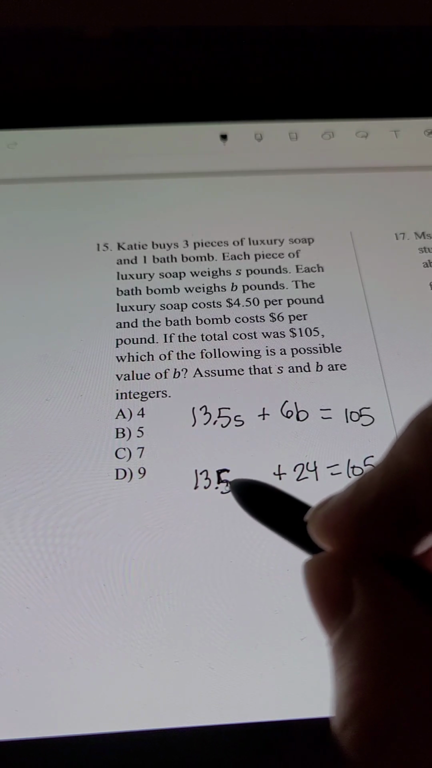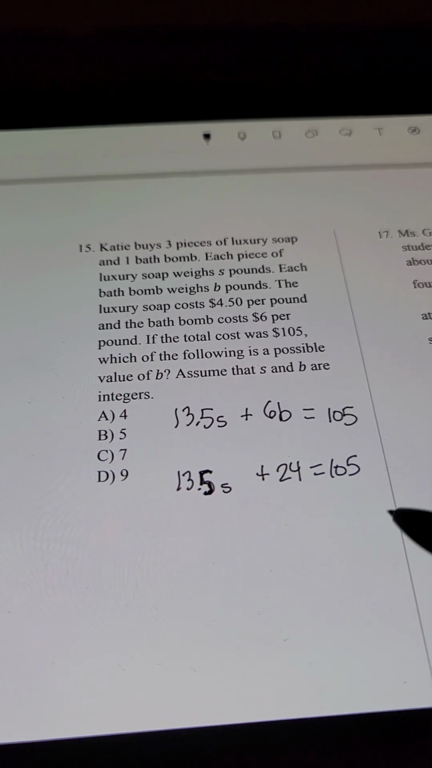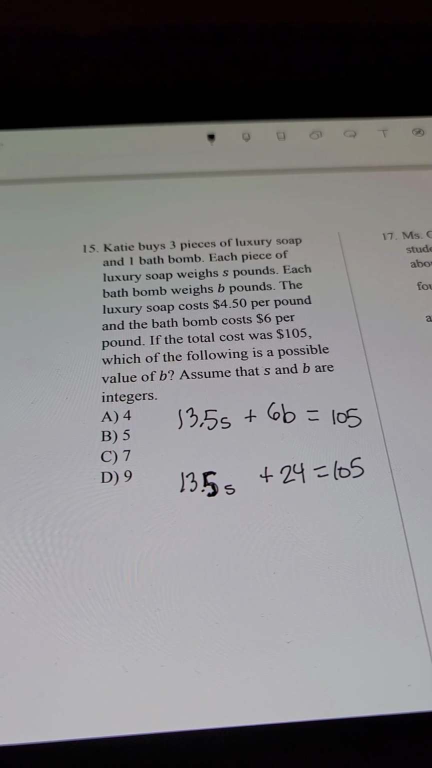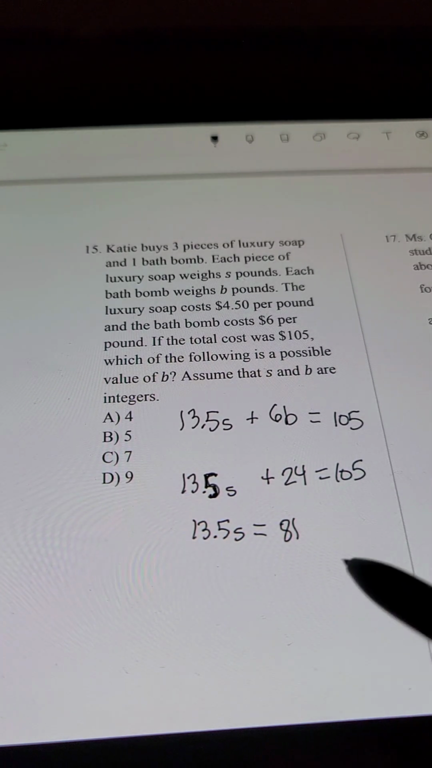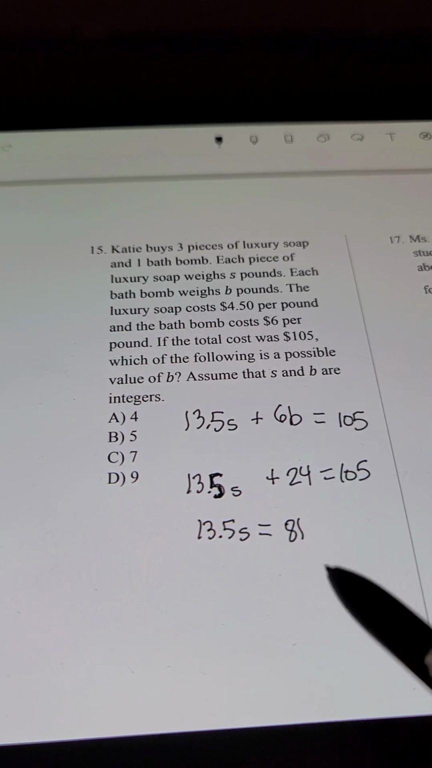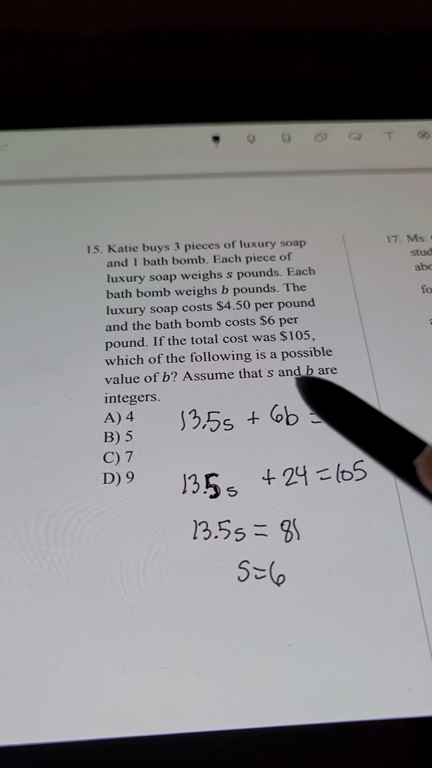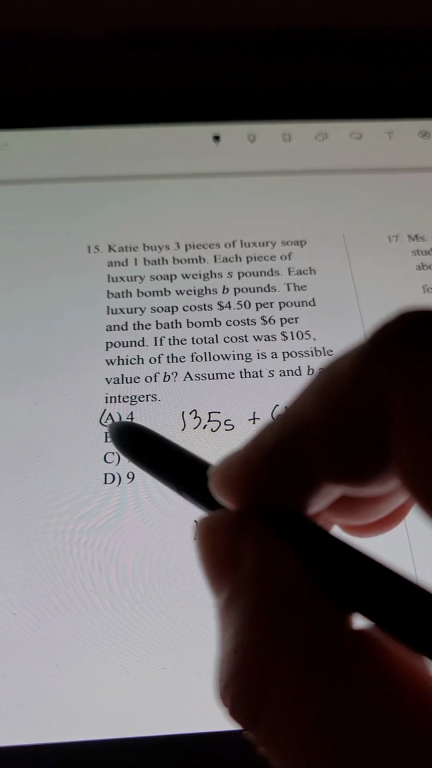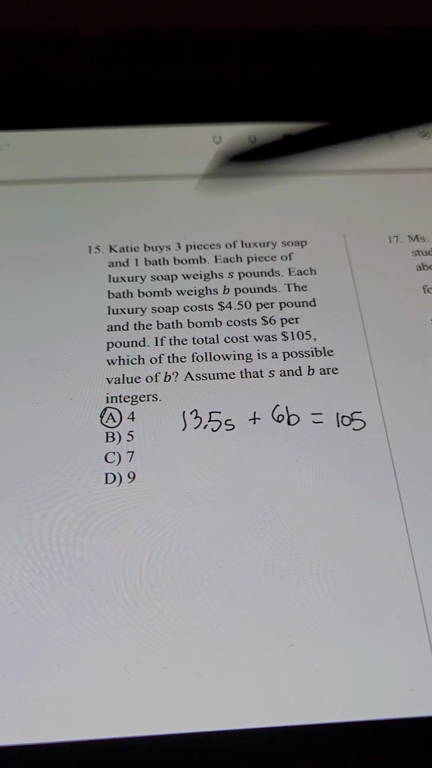Ooh, that's 13.5S. And then we're going to subtract 24 from each side. And that gives us 81. So then we're going to divide by 13.5 to get S by itself. And when we do that, we get S is equal to 6. So this situation works because both of those would be integers. So we could say A is possible, but